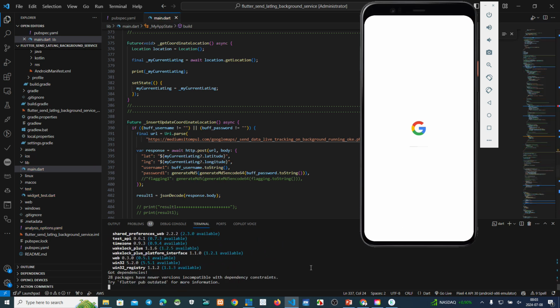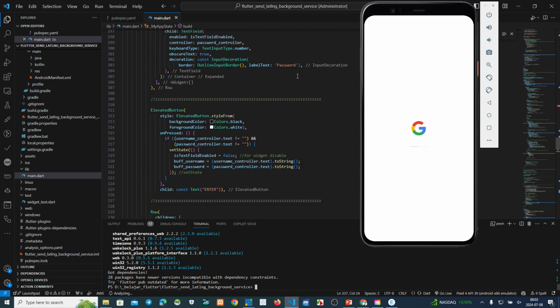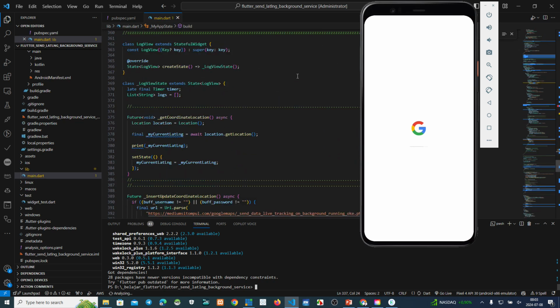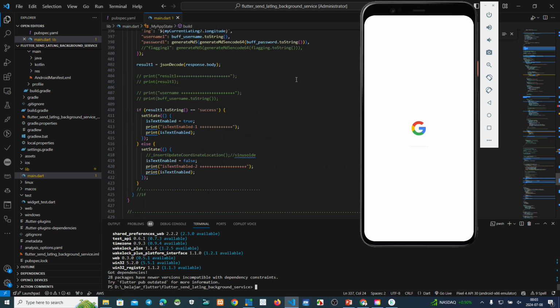So it means the dependencies will be downloaded from the Flutter server to our computer. Okay, now we want to, where is the init state?